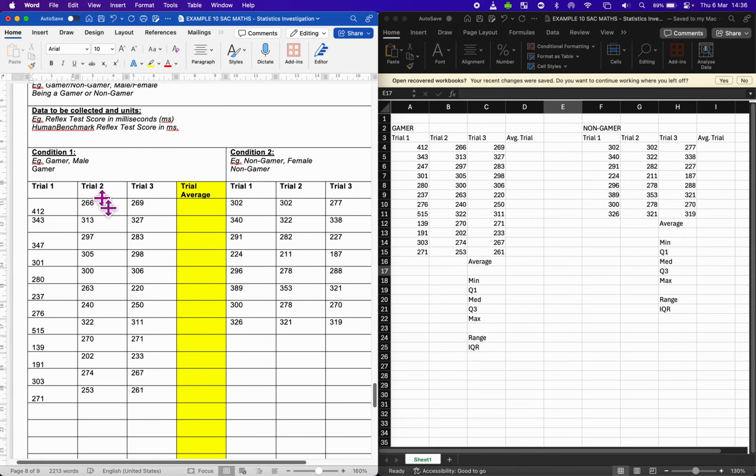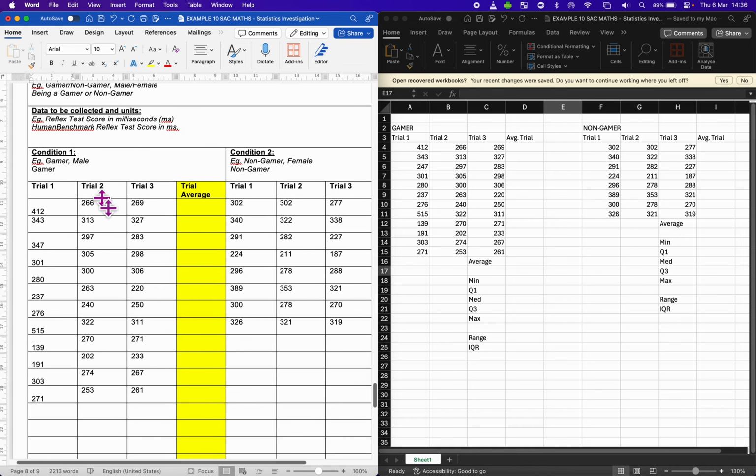What I want to show you now is a shortcut for finding the statistics. I don't really want you to add all these 3 and then divide them by 3 to get the trial average. You can do that if you can't work out how to use the Excel spreadsheet that I'm going to show you, even though I've got it on video showing you exactly how to do it. But the problem is, once you've found the average of all of these across here, you're then going to have to average all of those down there to get the overall average reflex